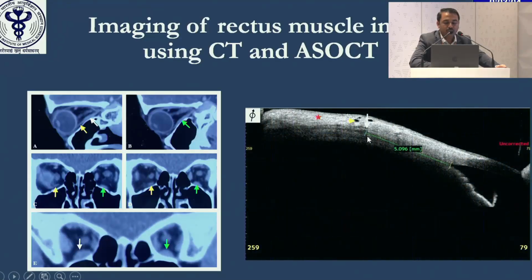But if you do the OCT and follow those 4 protocols, you can see that the hyperreflective layer is at roughly 50% depth and is continuously visible. These black areas are edema because of trauma that has healed, right? So this is how we can identify the muscle, and you can explore the muscle.